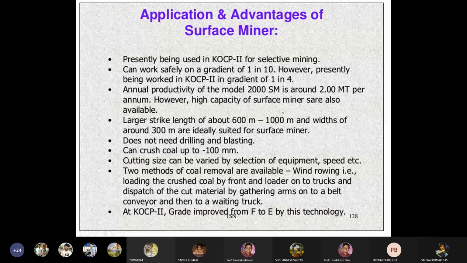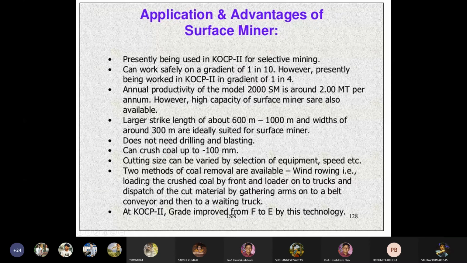However, high capacity surface miners are also available. A larger strike length of 600 meters to 1000 meters and widths of around 300 meters are ideally suited for surface miners. It does not need drilling and blasting, and can crush coal up to 100 millimeter size. Cutting size can be varied by selection of equipment.